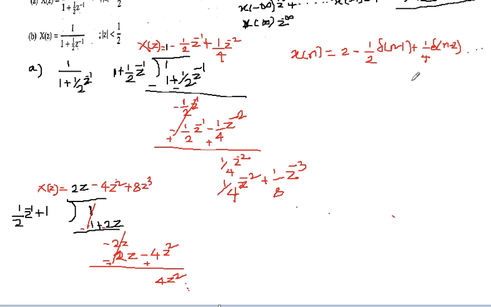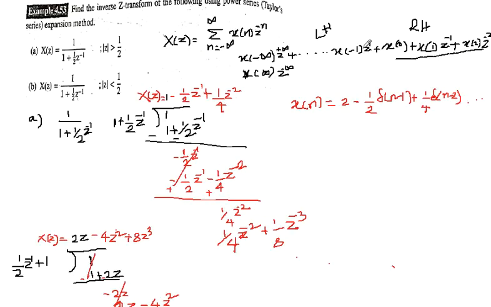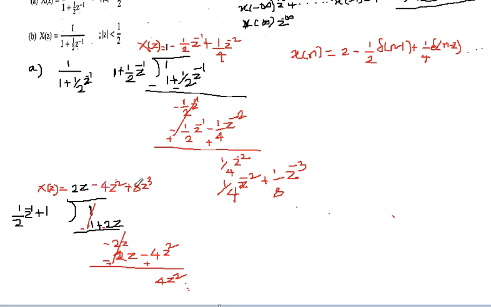So here as we see z to the power 1, then it is the value of z raised to minus 1. So it is z raised to minus 2, minus 3 and so on. So our x of n is equal to 2 into del of n plus 1